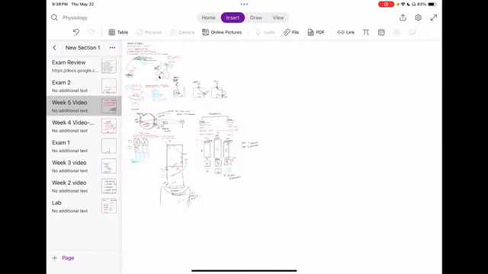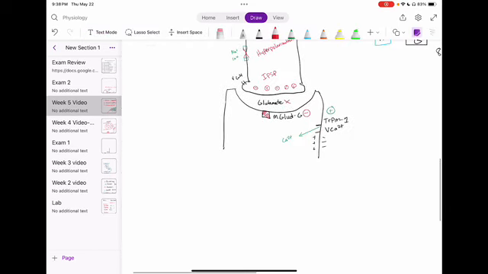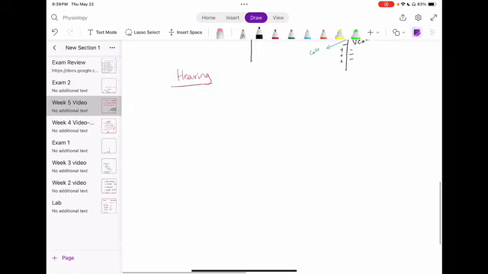All right, so now we are going to be talking about our sense of hearing. So hearing is a pretty interesting one. It takes sound waves, turns them into mechanical waves, uses more of like a water wave, and ends up sending it as an electrical signal back to the brain. So first off, what I'd like to draw out is how this works. So we have your ear. Here's your external auditory meatus. So when you hear something,